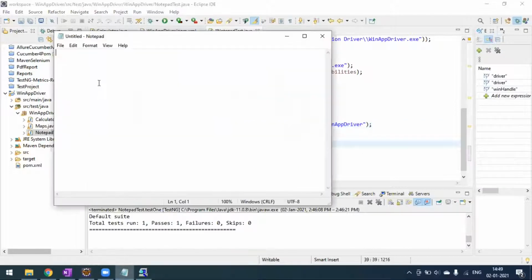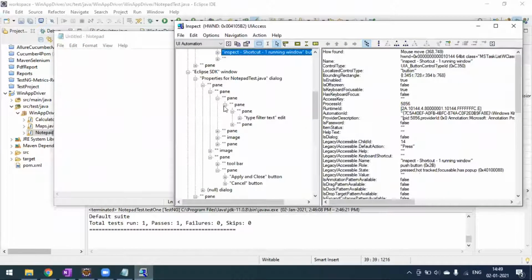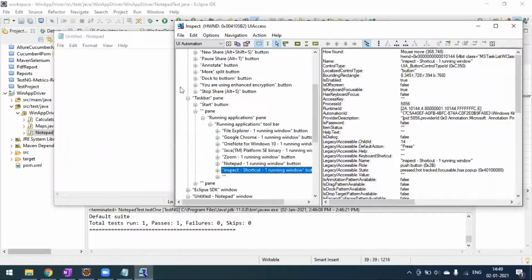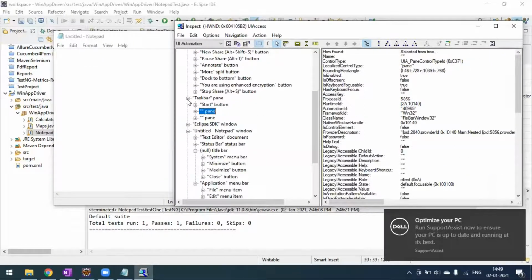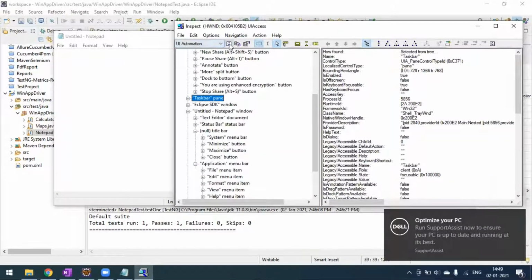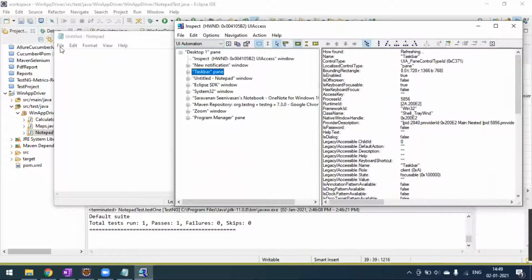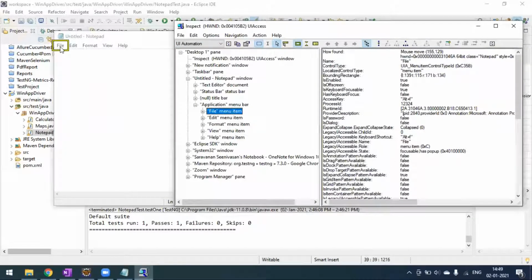Okay, we'll try to type something into the Notepad text area here, and we'll click on this file button and we'll try to save this Notepad application. Okay. So after this, what we have to do, we have to click on this file button. Okay, we'll locate this value. Okay, this is a file name. We have to click on this file, right? So here you can see we have name, only we have name here. Okay. So I will copy this name. This name is simple. It's a file. That's it. Okay, I will copy this one.